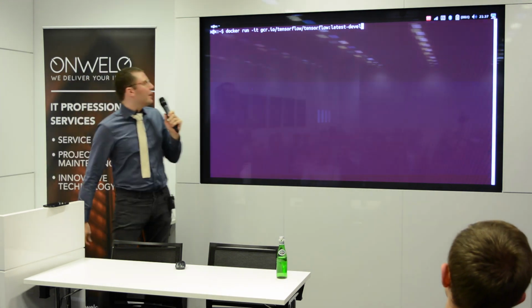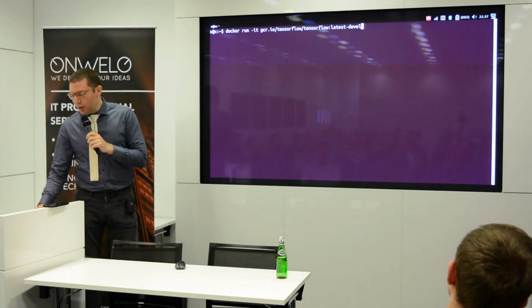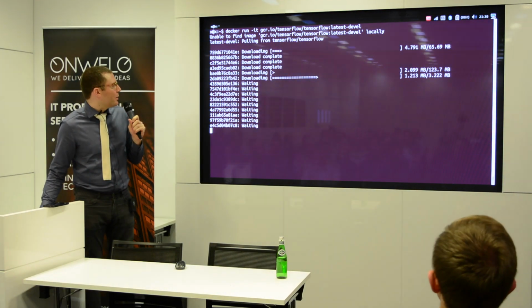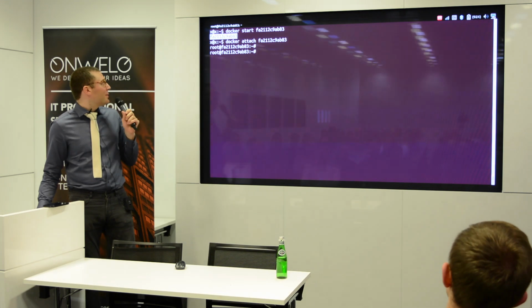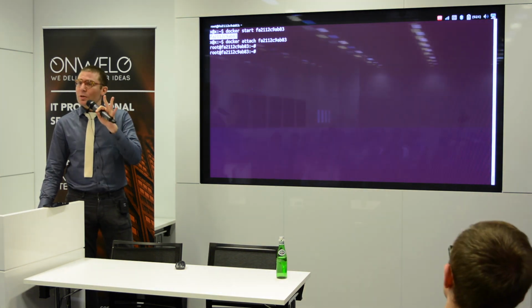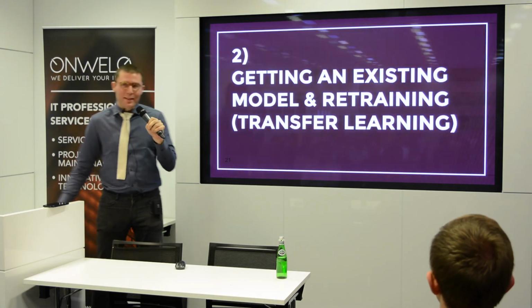And that's a Docker image that's provided by TensorFlow. And then boom, it takes a while, right? Eventually it downloads. Then essentially you start your Docker instance, attach, boom, you're root. You have an image of TensorFlow. Second thing,